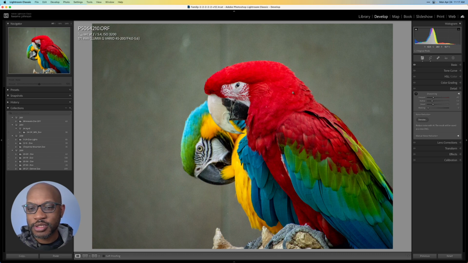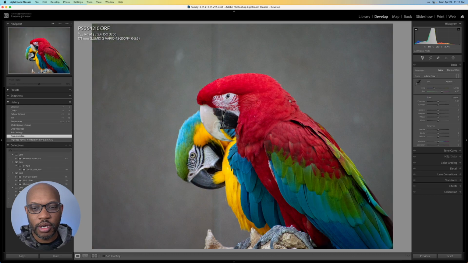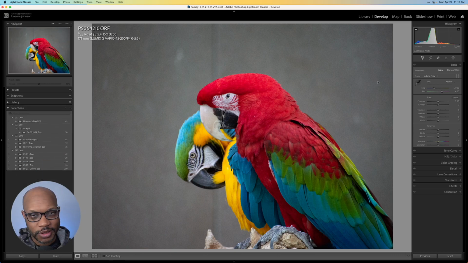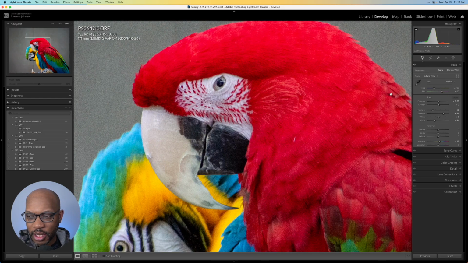So first of all, let's go in here and edit the picture. All right, so we are zeroed out back to nothing here, and we're going to start from scratch. The first thing I like to do, as you guys know, is hit auto and see what Lightroom says. Now I kind of like this, and the next thing I'm going to do is use the eyedropper, because the great part about these parrots is they have a true gray,